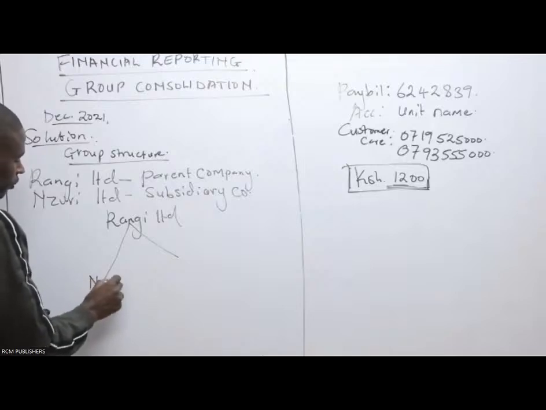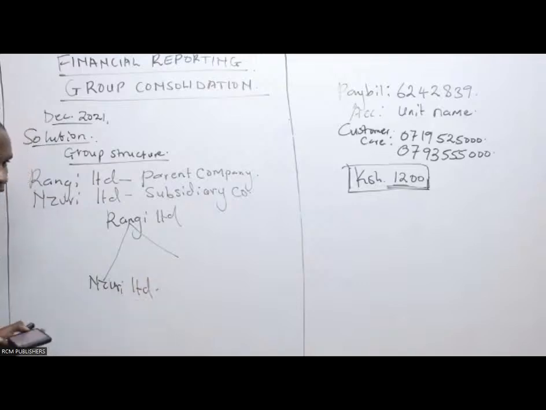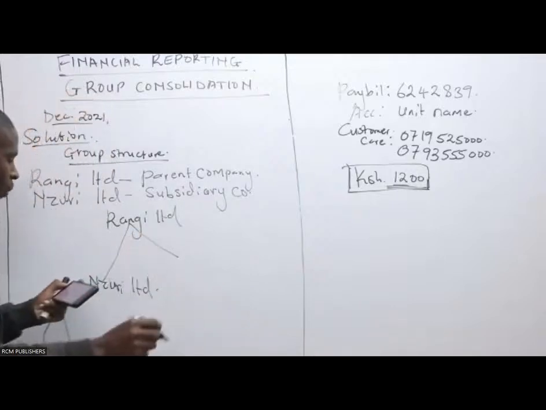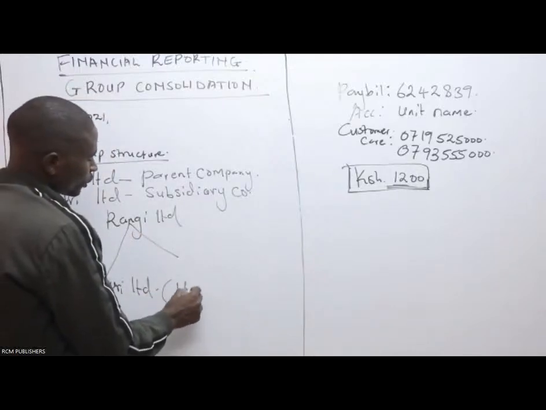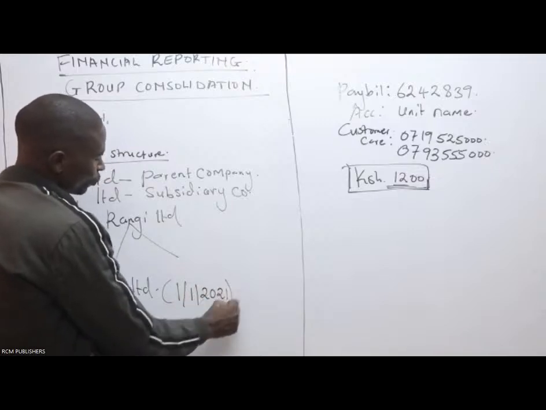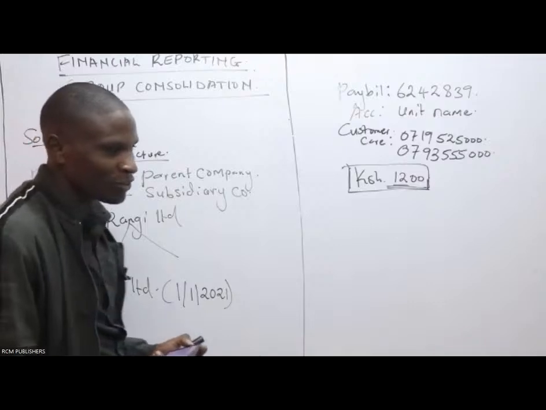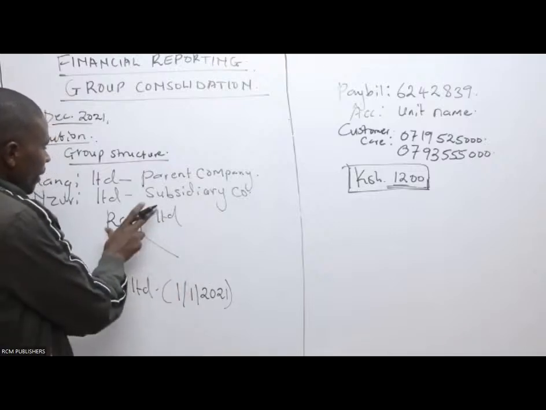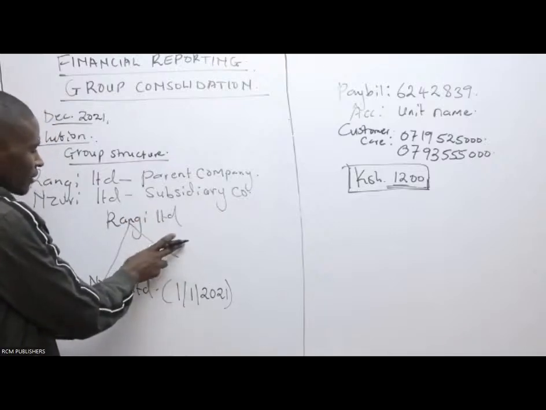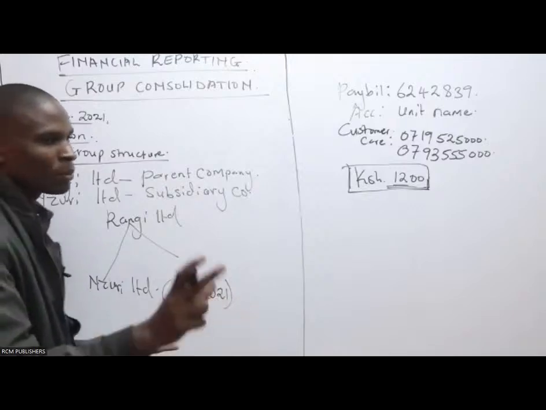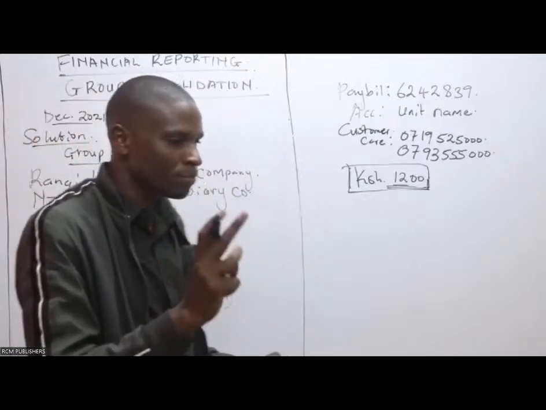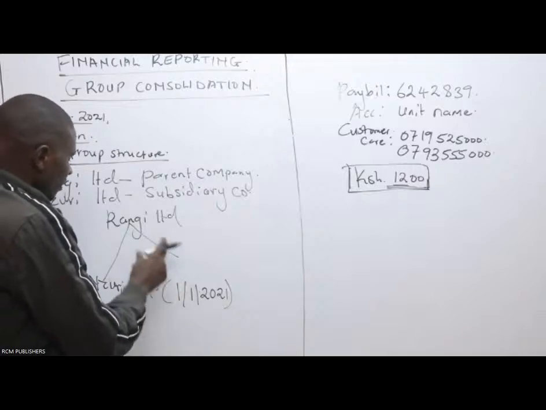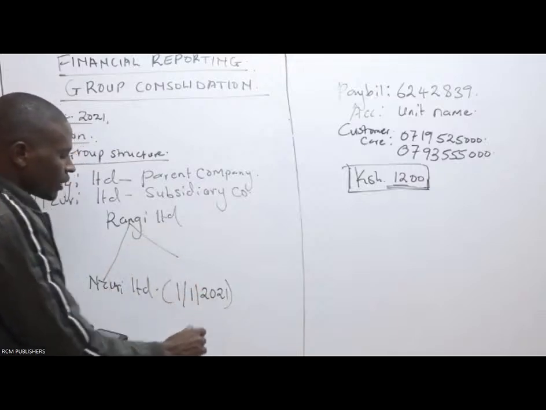Just check for me. This is Zuri Limited. On which date? We are told that on 1st January 2021. Class, this information is very, very vital. Very important. When the parent company acquires the subsidiary, that information is very important. For this case, we find that the examiner is telling us that Zuri Limited was acquired on 1st of January